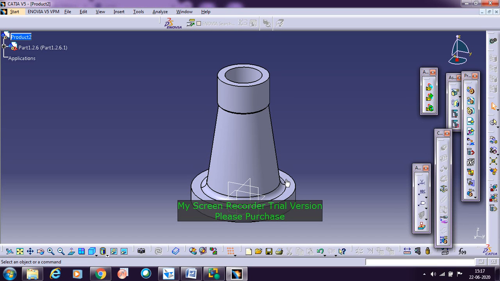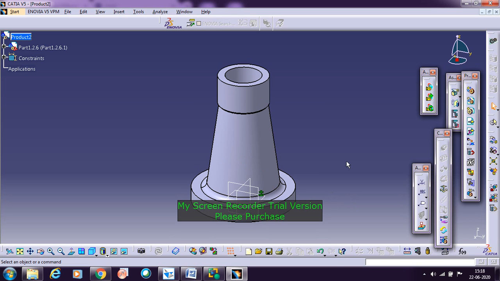Soon after calling that body part, it will be seated here without asking for the position, randomly occupying some space. This is the body part, the major part in this assembly. You need to fix it using the fix command. Here it's called the fix component. Click on this and then click on the part so that you can find that this is fixed. Now you cannot move it in any direction. It is arrested in all the degrees of freedom. For that reason, the fix will be used for the main body part.